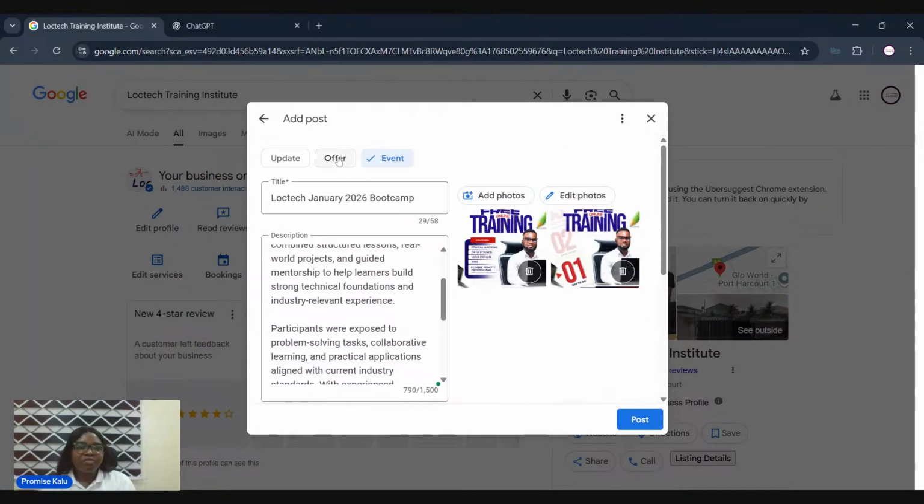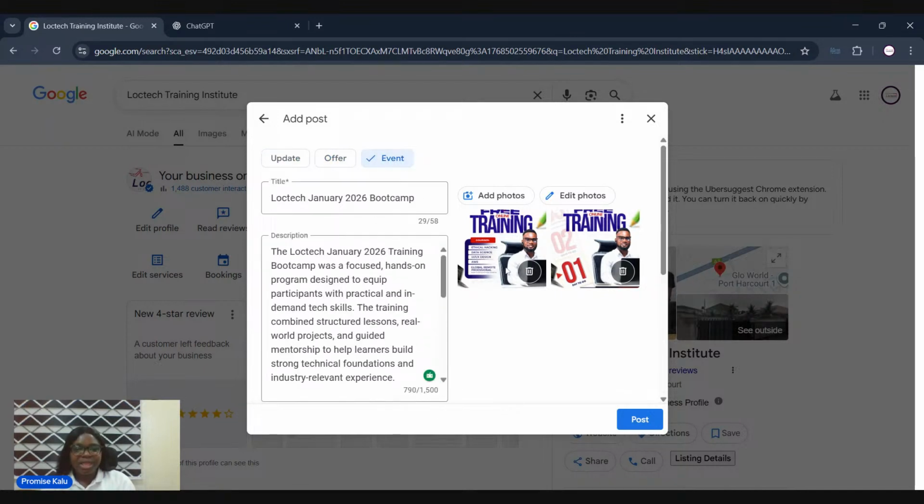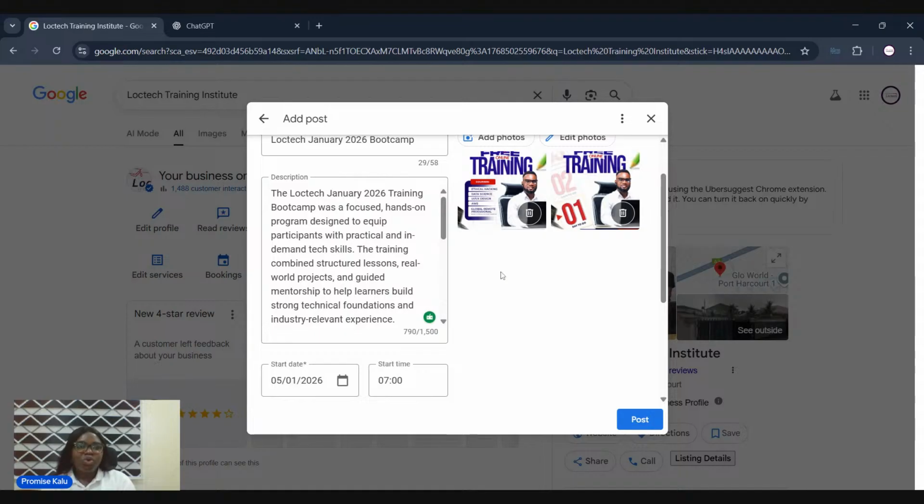So you see now, event is more of an interface of offer and update. Event is bigger. So what is an event? You can be doing a competition, it's an event. You can be doing graduation, it's an event. You can be doing matriculation, it's an event, right? You can be hosting people, you can be having a panel discussion. All these are events, and this is where you come and